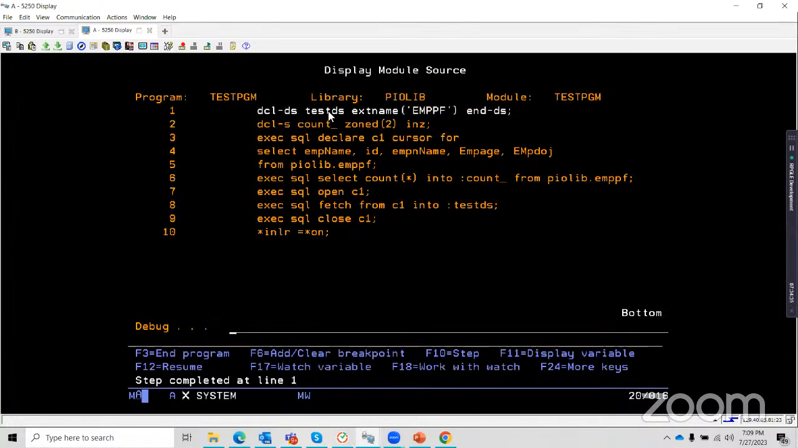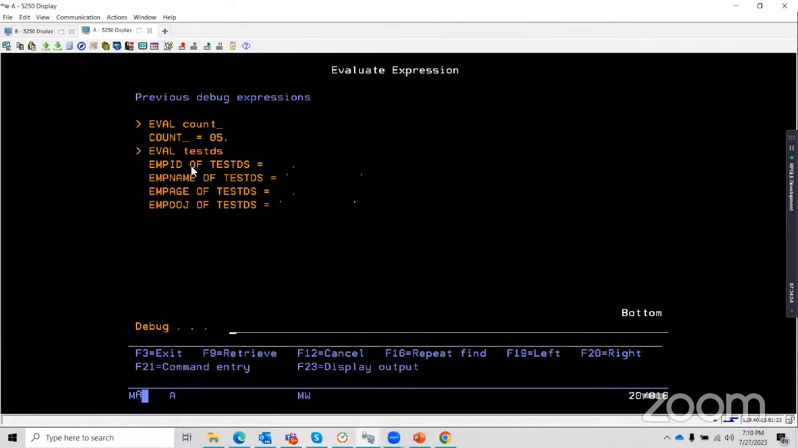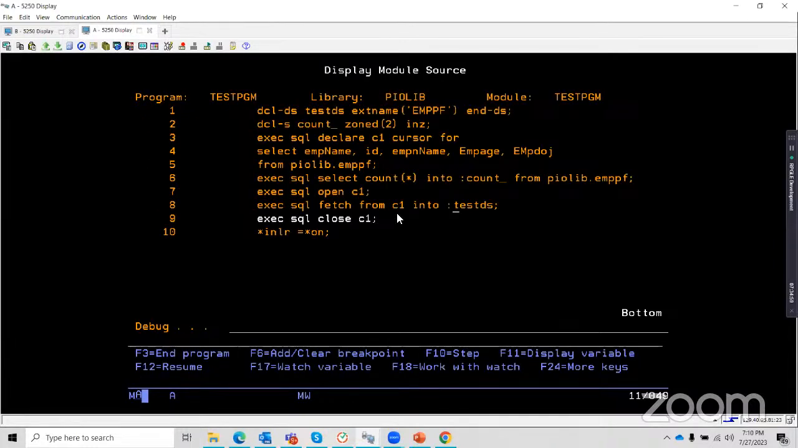So I have declared a data structure which is similar to this file. And then what I'm doing, I'm selecting the count of that file into this count variable. So there are 5 records. And what I'm doing now, I'm fetching it into a data structure. So right now it will only fetch the first one into the data structure, but we can give one more